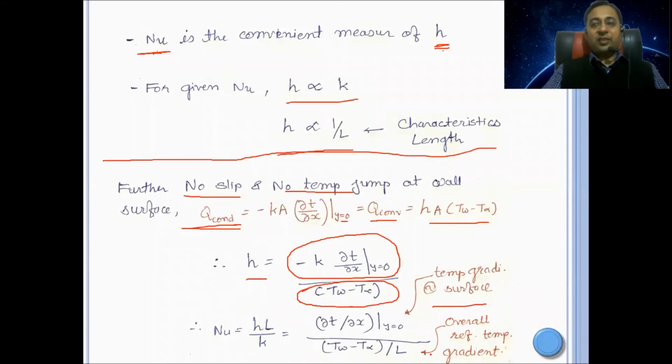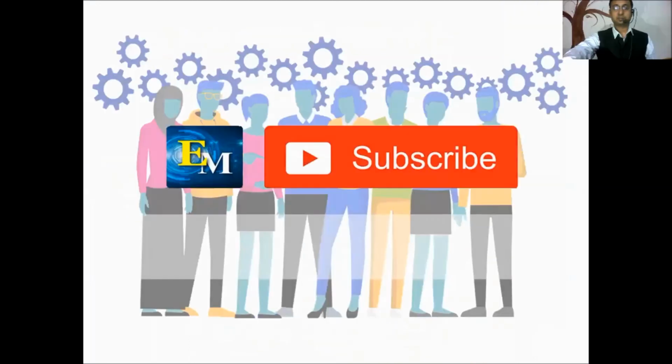So what is the significance of Nusselt number? By value of Nusselt number, we can calculate the convective heat transfer coefficient H, and if the value of Nusselt number is high, then convective heat transfer is prominent over the heat transfer by the conduction. These are the answers of the 2 marks questions, means significance of Reynolds number, significance of Nusselt number, significance of Prandtl number. So you need to write the answer accordingly.